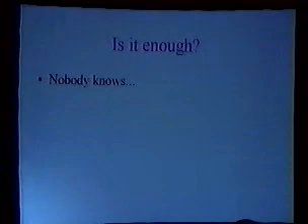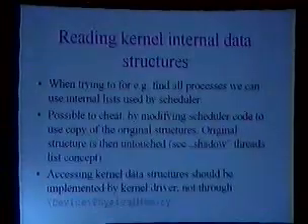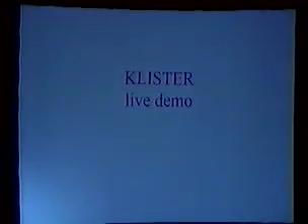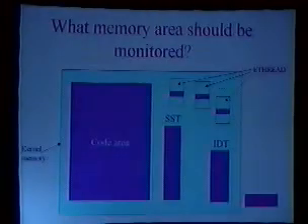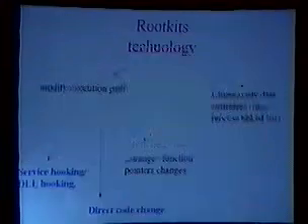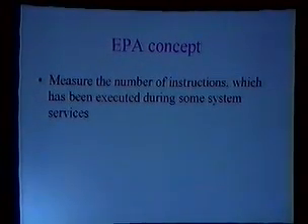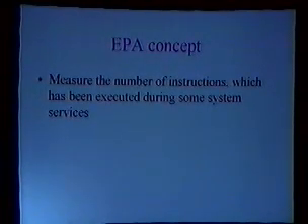Okay, so is it enough? Is it enough to have this code monitoring and process listing? This is not enough, of course, because we've got those strange pointers which we can change. So there's something else needed to detect rootkits on the system, and the approach I would like to tell you about now is based